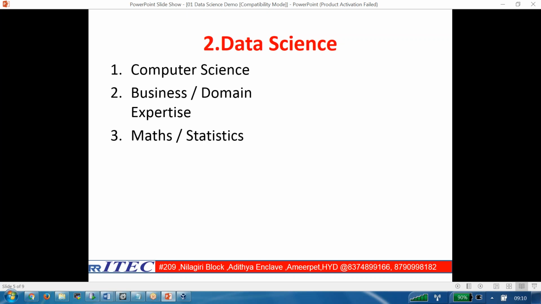Next, mathematics and statistics. I said y is equal to a plus bx. One example, I said root mean square error. That also you are listening to for the first time. Who studied mathematics at PG? Who studied statistics at PG? They might be knowing RMSE already, at least in theory. It may not be coded in the computer. They might be knowing what is RMSE, what is R square, with a couple of records of sample data at least. They may not have coded it in the computer, but